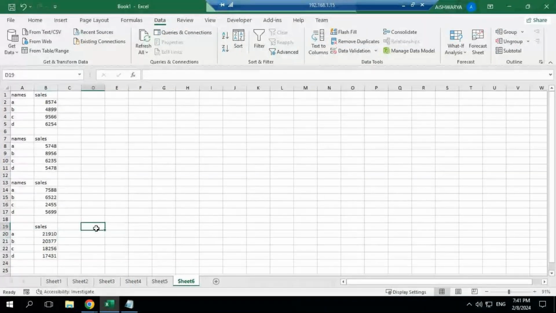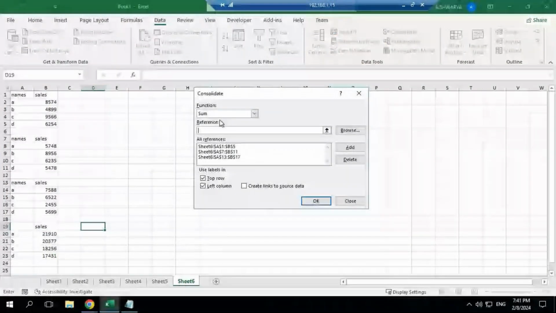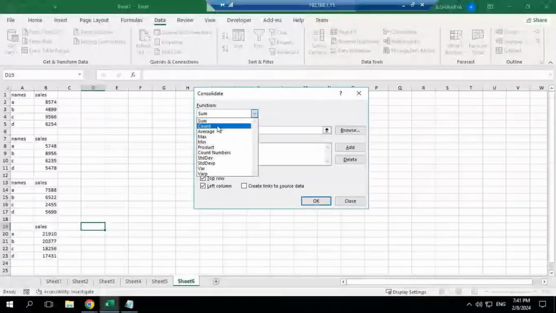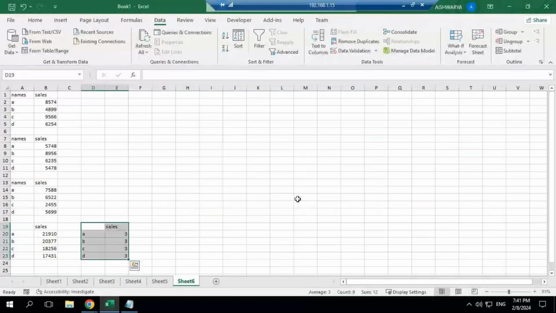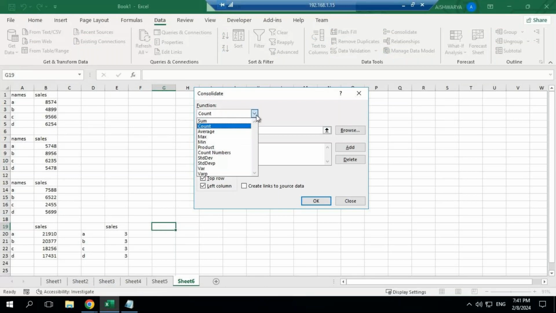Okay, so that is about the sales option. Now again click on this consolidate. Here I will apply the count function. If I click on OK, then it will be counted and it displays the answer here like that. Then again if I click on this consolidate,